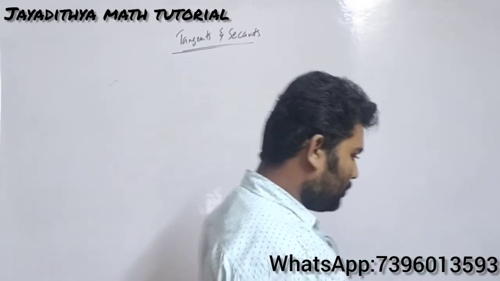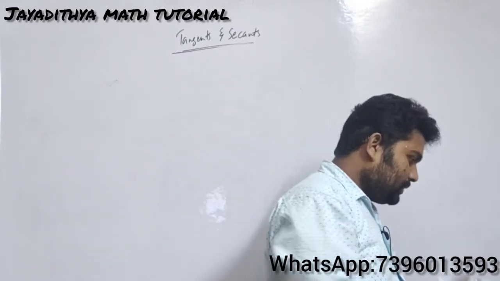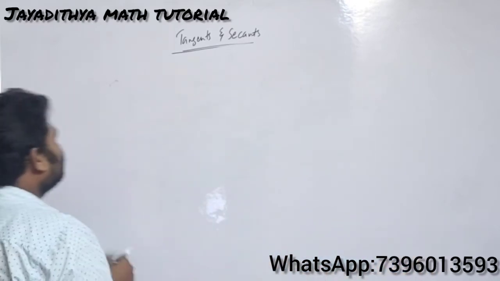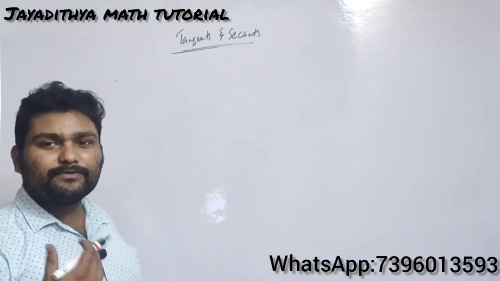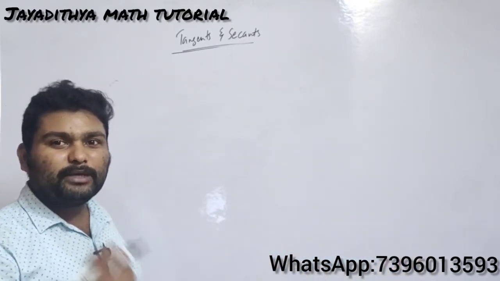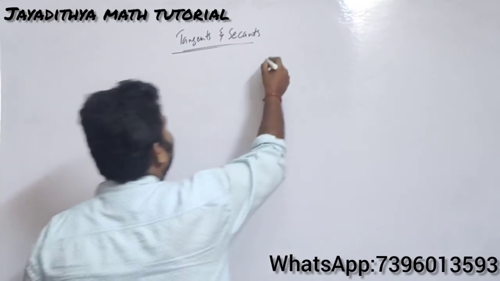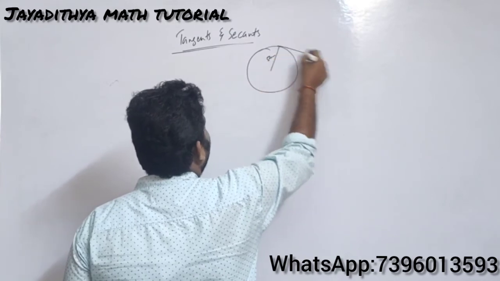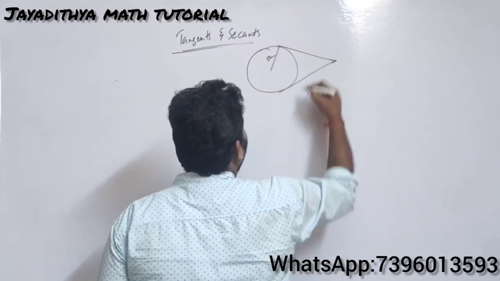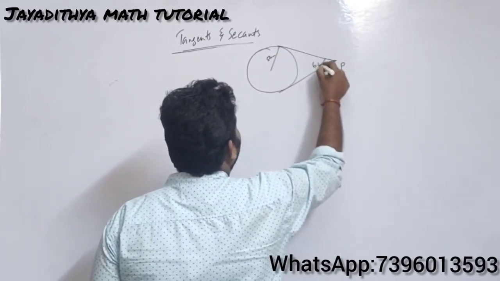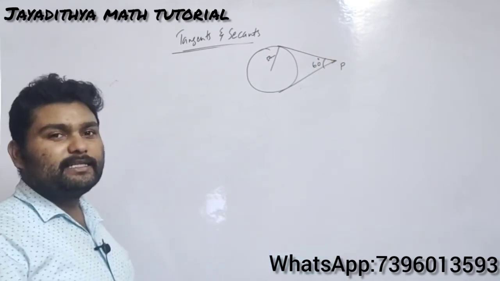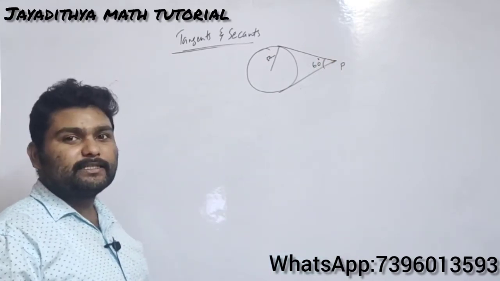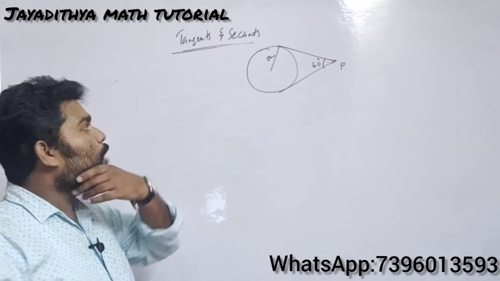Let us take one more problem where the angle of inclination is given. So see here Nana, he has given: draw a pair of tangents to a circle of radius 5 centimeters where the angle of inclination between the tangents is 60 degrees. That means there is a circle whose radius is 5 centimeters and there are a pair of tangents from point P such that the angle of inclination between the tangents is 60 degrees. Okay, how to draw this one?